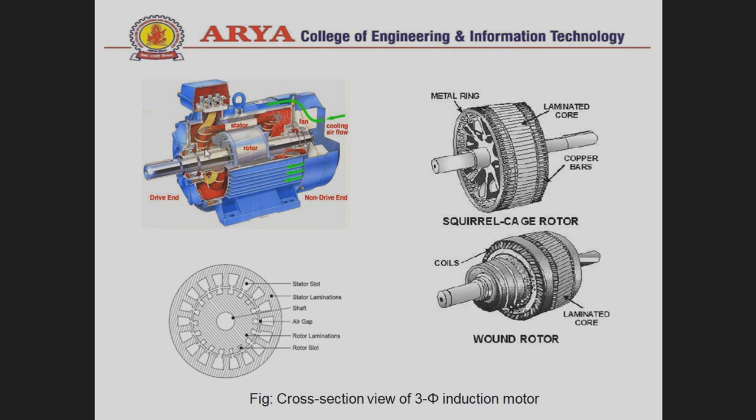Now the rotor is the rotating part of the motor and is housed on the shaft of the induction motor. It has two ends. One is the driving end, another is the non-driving end. The non-driving end is connected to a cooling fan, and the driving end is connected to the mechanical load. Both ends are connected with bearings for free rotation, meaning reduced friction losses.